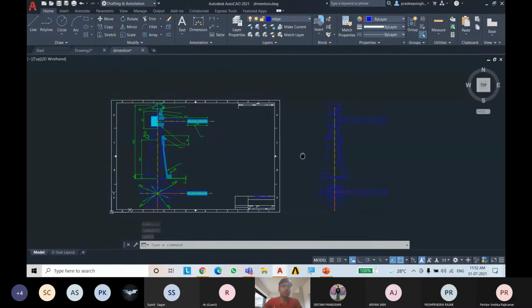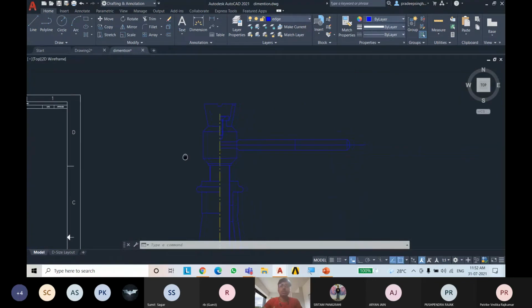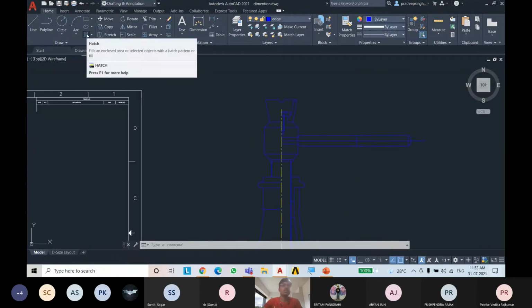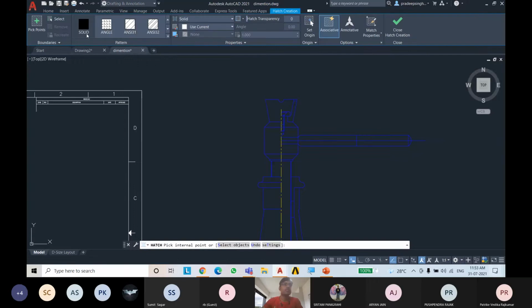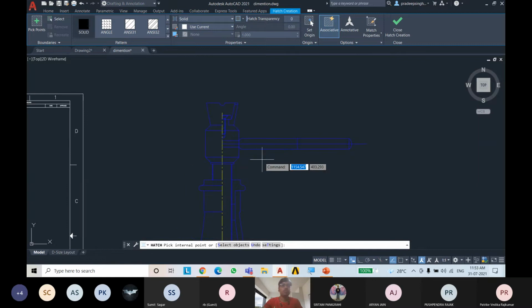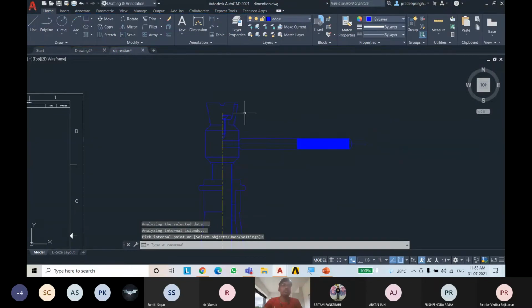So now the hatching has remained. There is a hatching option in the drawing, so just click here. There are different types of patterns you can draw, like ANGLE, NC31, and so on. I select NC, come here and select this.